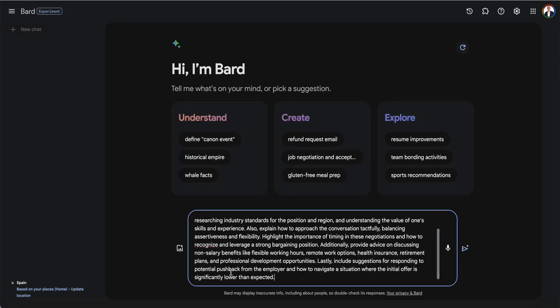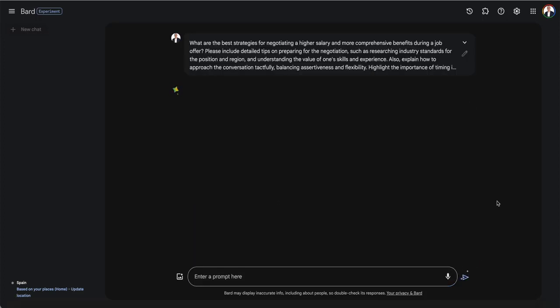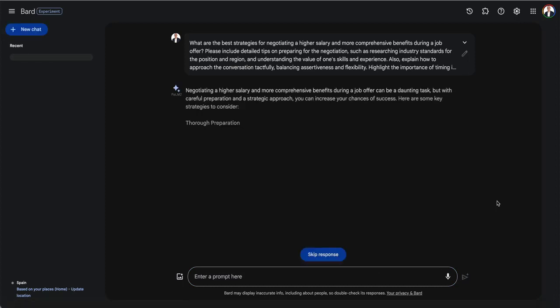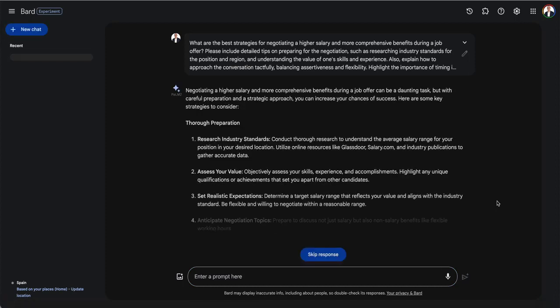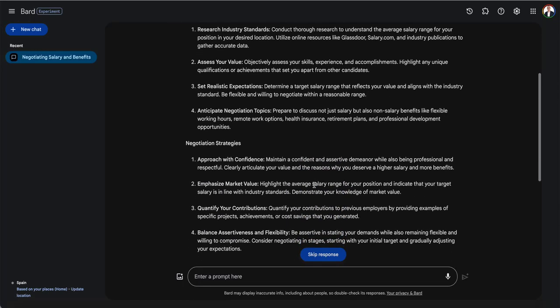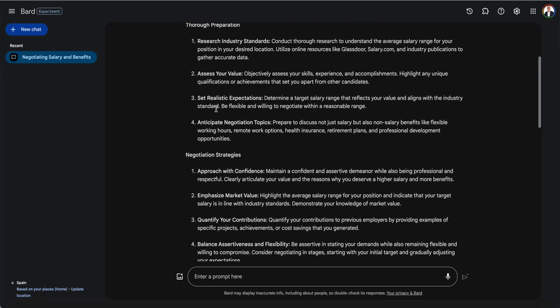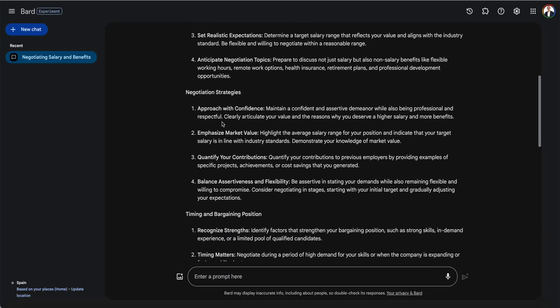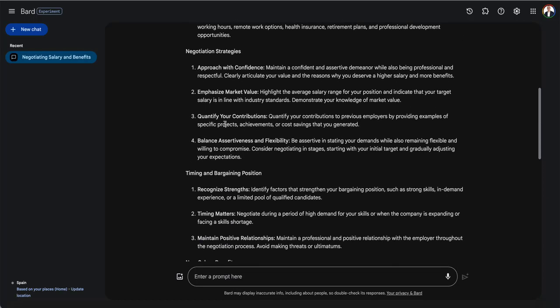And let's dive into BART. Of course, if we describe our situation and our job, it's much better. And this is really clever, to be ready for some negotiation. This is really clever. Market value.